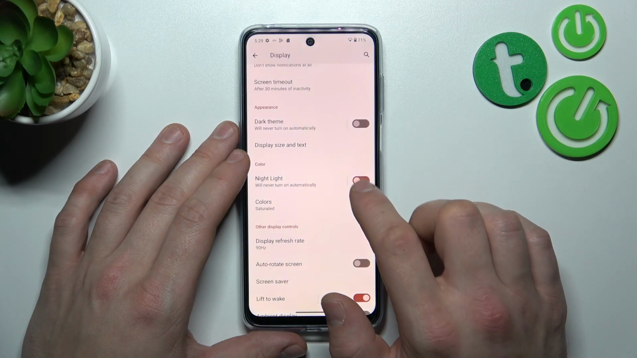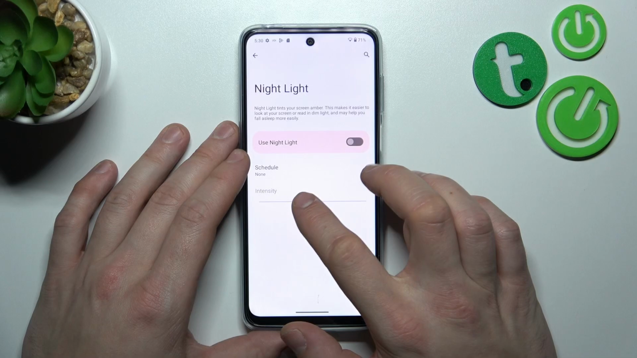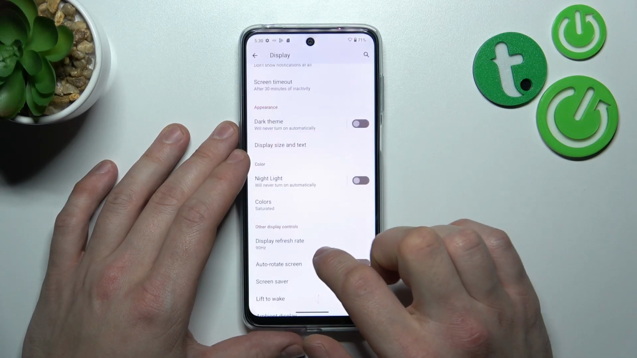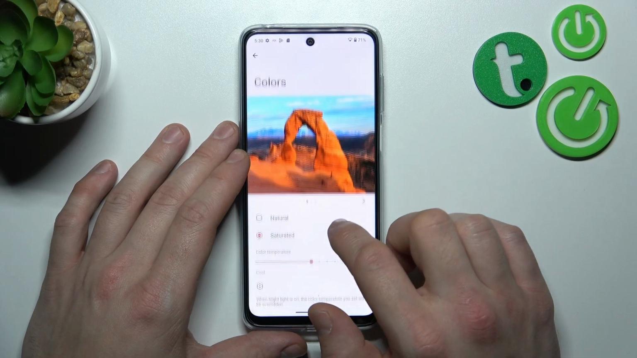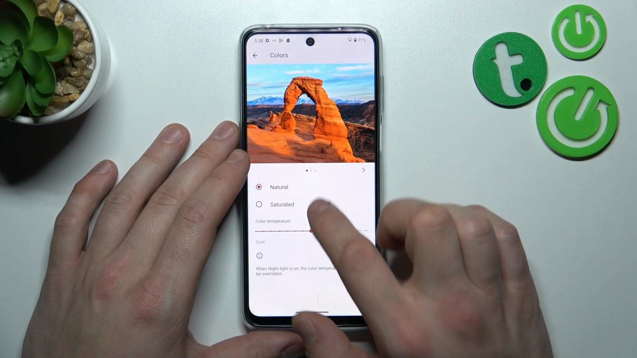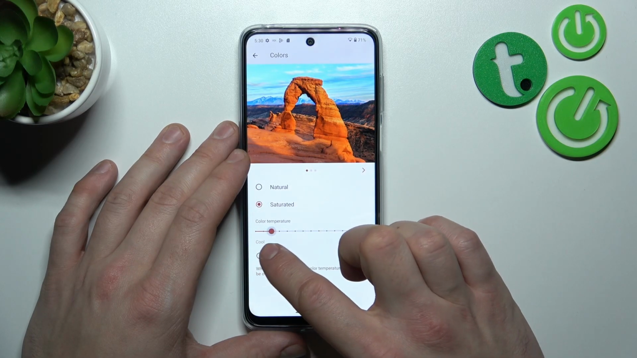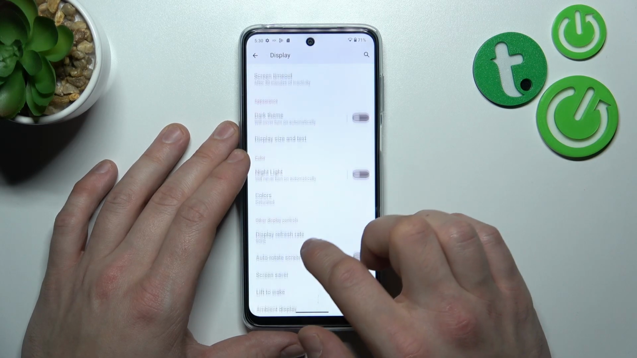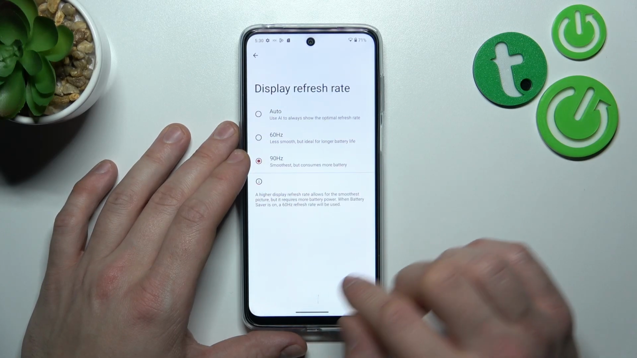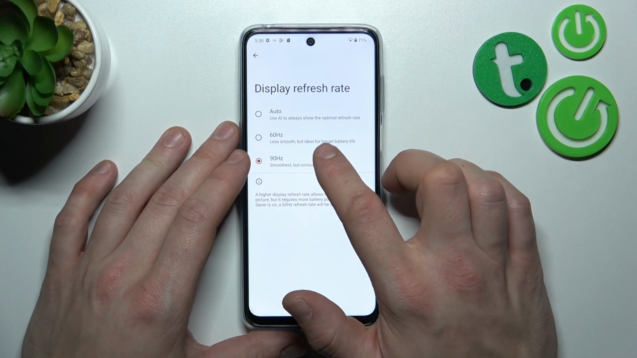Then, you can enable night light and adjust it and schedule it. Next, you can change colors between natural and saturated and adjust color temperature. Then, you can change display refresh rate between auto 60 and 90 Hz,